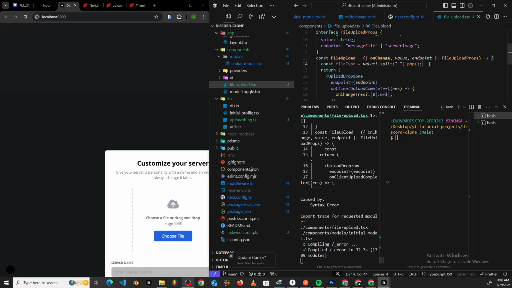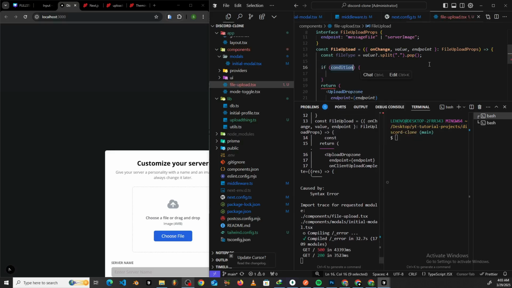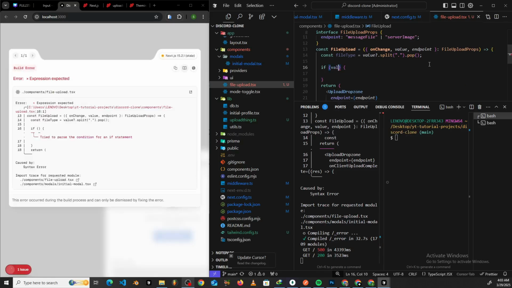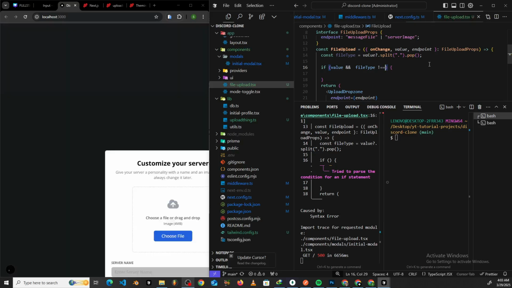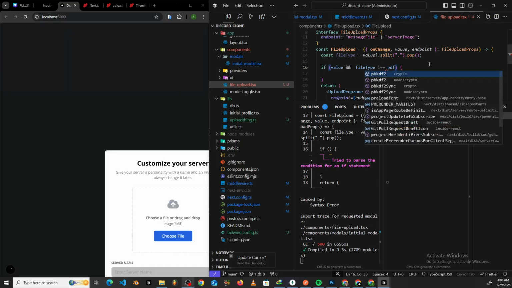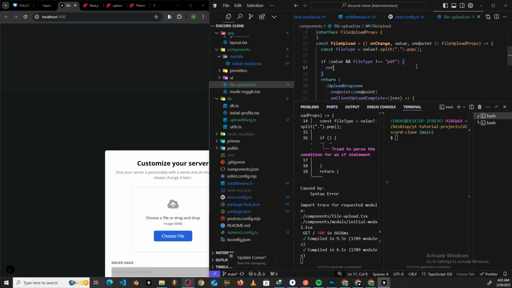Then right after that, I want to come here and perform a certain check. So this is our condition. We want to say that if the value and the file type right here is not equal to PDF, just like that, what we want to do is return